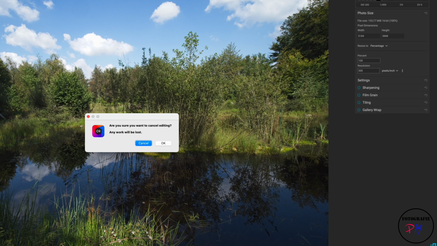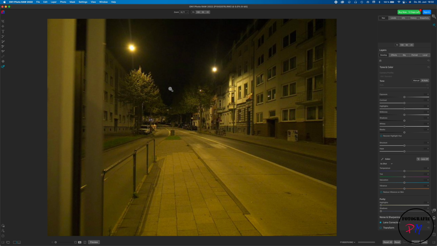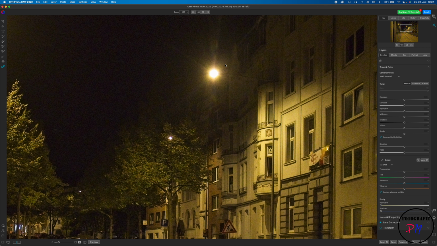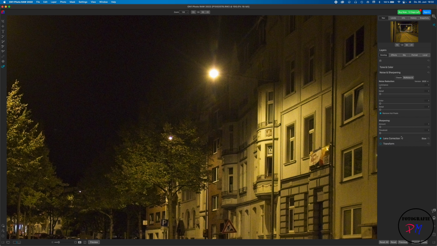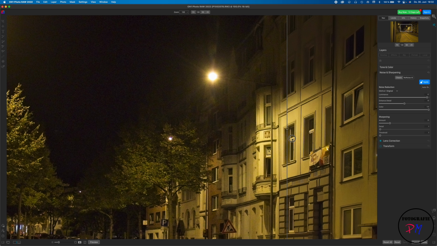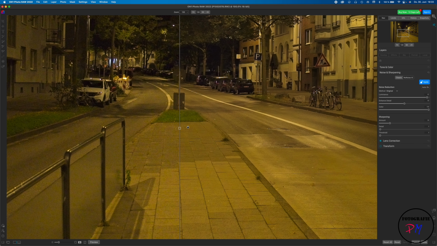Okay, let's cancel this one and let's go here to this image, for example. As you can see here, that is pretty noisy, especially in that region around the street lamp. And if I go here under noise and sharpening, you find a new tab here, No Noise AI. And here you got a split view for the old and the new preview done with the new routine. And if I go to navigator, I can go like to the bottom of the street like this one. And I hope you can recognize that